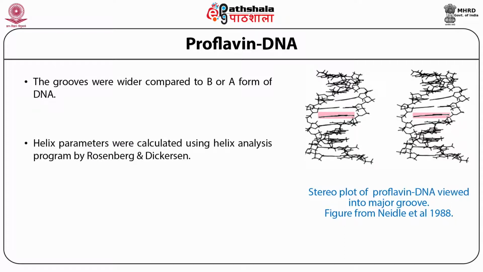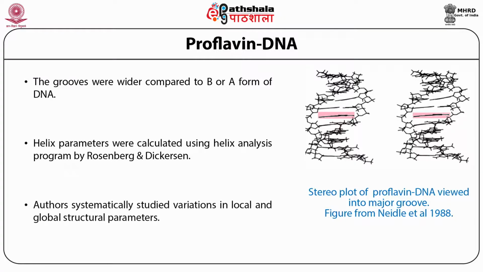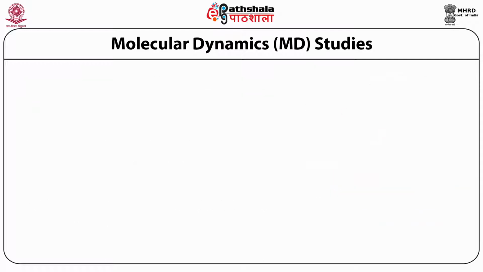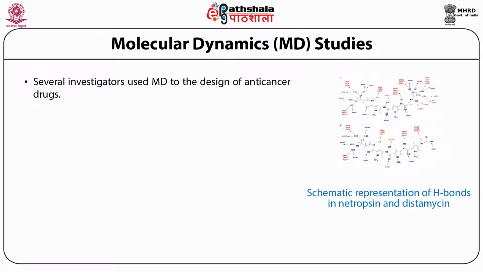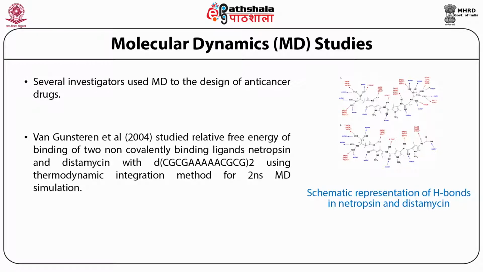He calculated helix parameters using the helix analysis program by Rosenberg and Dickerson. The authors systematically studied variation in local and global helical parameters. Several investigators used molecular dynamics methods to design anti-cancer drugs. For example, van Gunsteren's group studied relative free energy for binding of two non-covalently binding ligands, Netropsin and Distamycin, with